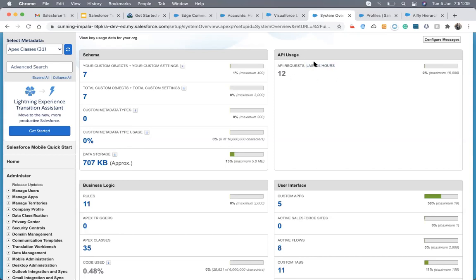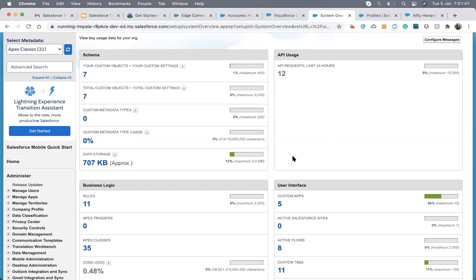That limit is configurable, because you can ask Salesforce and they will enhance it. Suppose your company has more than 50,000 users, and on a particular day all the users make requests to Salesforce because we are using a third party system, and the limit is reached. Then we have an option to enhance it. We can talk with the Salesforce guy, they will enhance this limit, but they charge.